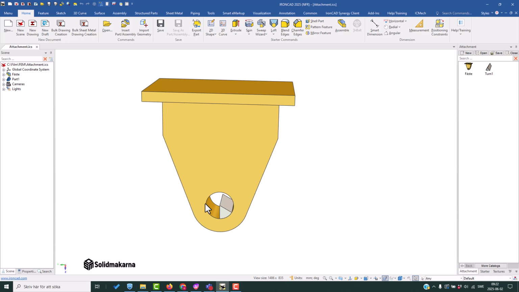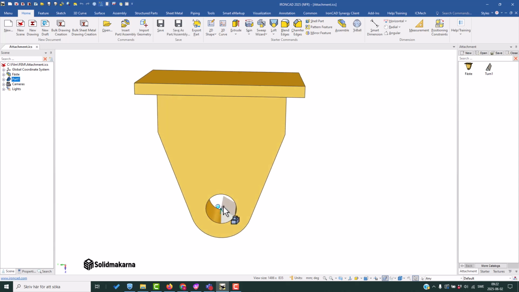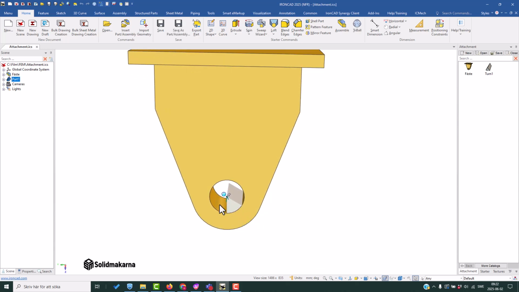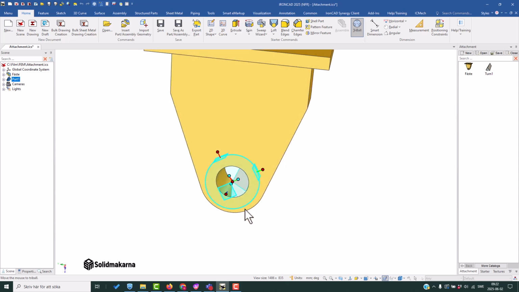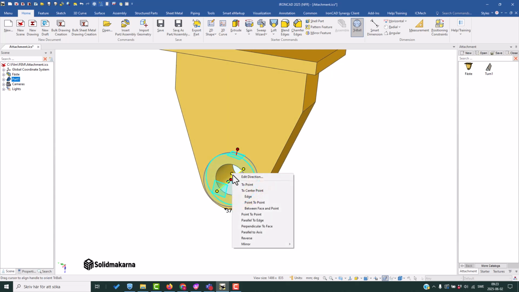Okay, now I'm going to use this attachment as another example. If you look here, you can see that I have a part that's only supposed to be used to split up this surface on this hole. As you know, with IronCAD you can always adjust values with handles, or you can right click to add exact numbers. In this case I can choose in which direction I want to split the surface depending on where the force is coming from, and I can rotate with the triball as normal, and I can do it freely, or I can refer to an edge in this file, parallel to edge, so it's easy to